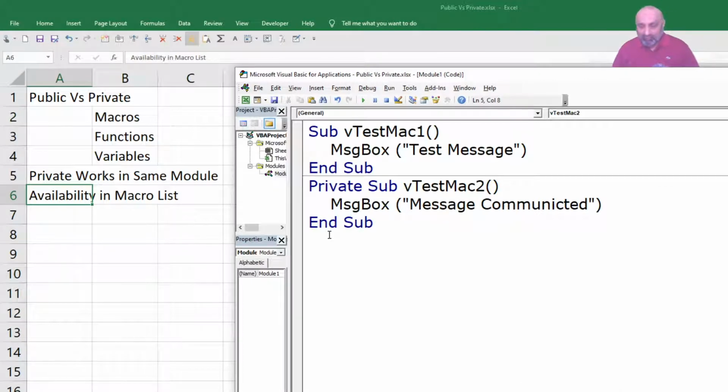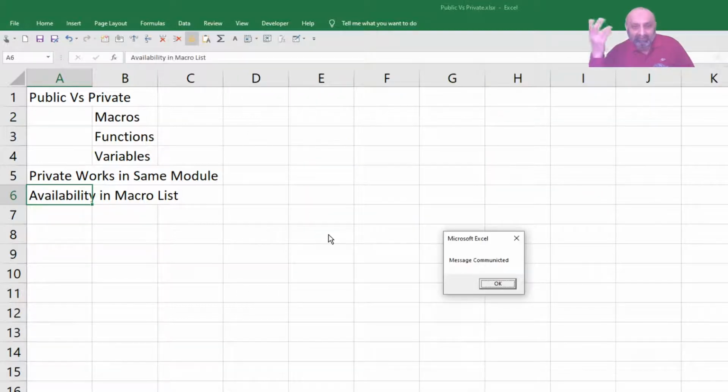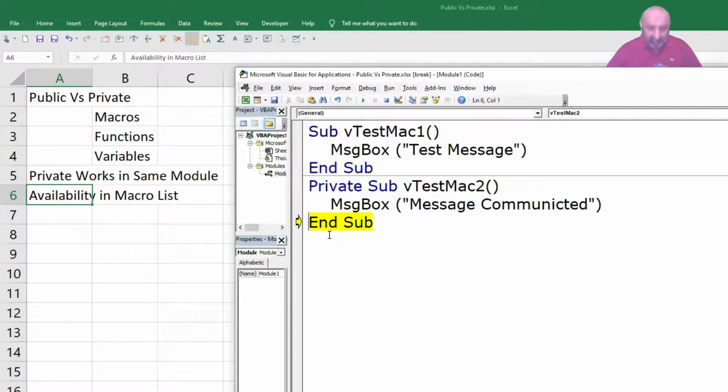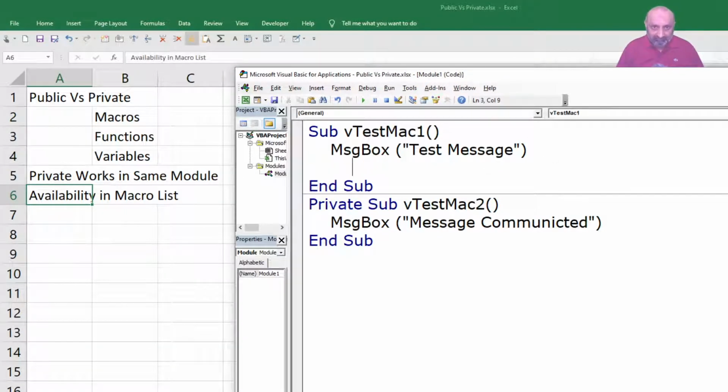So by declaring a macro private, we restrict its access. So then how can we access this? If I press F8, it is running. Okay, it is not appearing in the list of macros, but how to run them? Then we can call it from another macro within the same module.